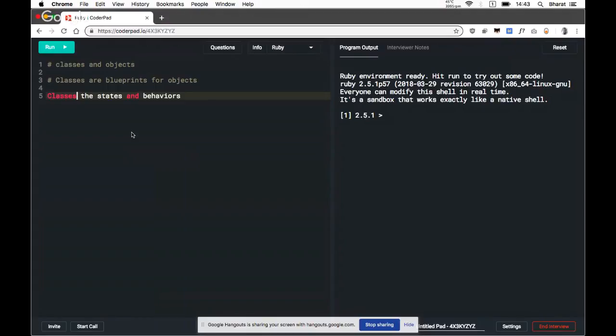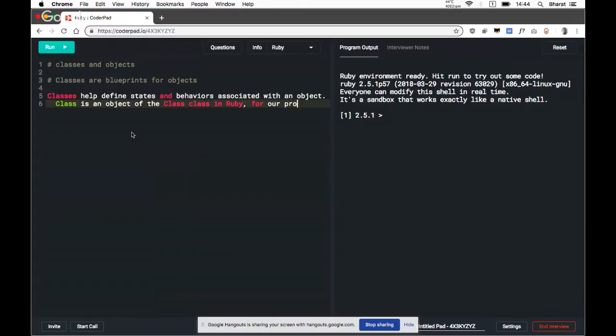Classes help define the states and behaviors associated with an object. While a class is an object of the class Class in Ruby,